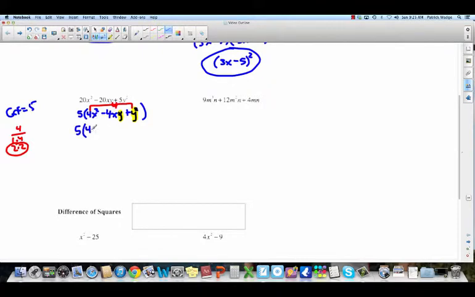So we rewrite the 4x squared. We want to decompose the negative 4xy. Negative 4xy, don't forget the y. So it should be take away 2xy and take away another 2xy. Then rewrite the plus y squared. Okay, pair them up. We have a greatest common factor up front, so we'll drag that down and let's put